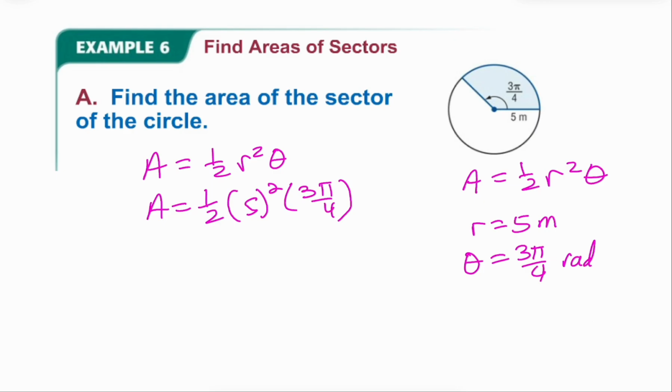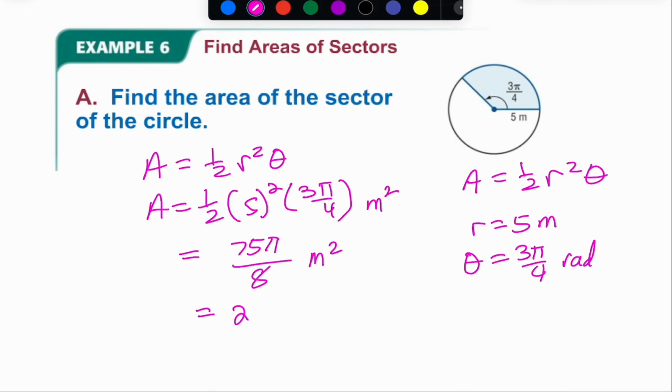And it would be square meters because it's an area. Well, if we do all that, you get 75 pi over 8. And that's your exact answer. And I'm okay with you stopping there, really, because I know you know how to put that into a calculator. To put it into a calculator, just do 75 times pi divided by 8. And we're going to get